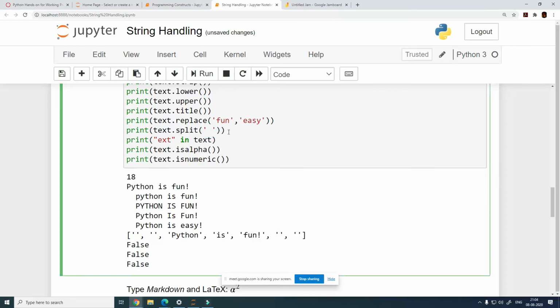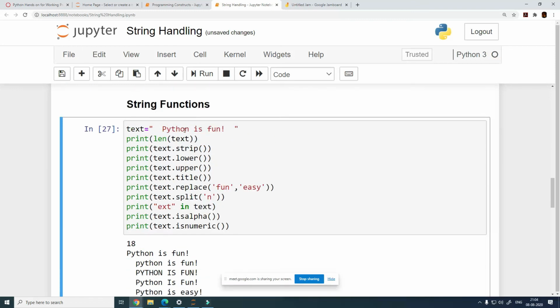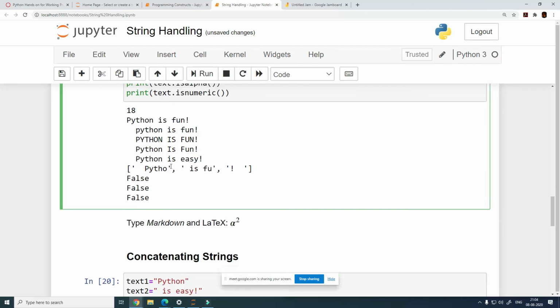We could have specified any other split character as well. If you want to, let's say, split on n, that is also possible, right? See what is happening: Python and fun. It is taking all the spaces till the n, and the moment it encounters the n, which is part of fun, it has split it again. In total, this statement has two occurrences of n, and that is why we have 3 elements in this list. Since there were 2 occurrences of n, we have 3 items in this list, right? Make sense?